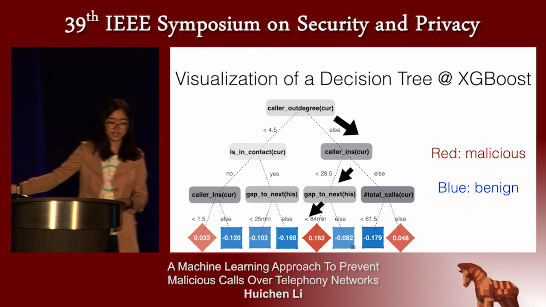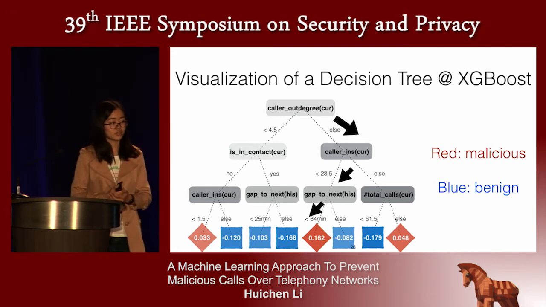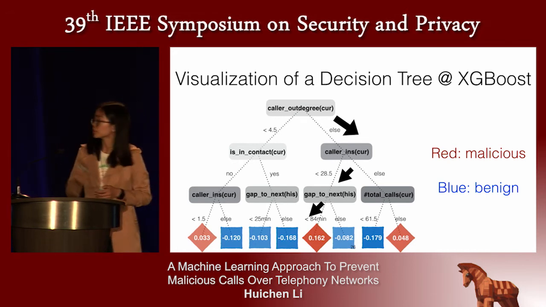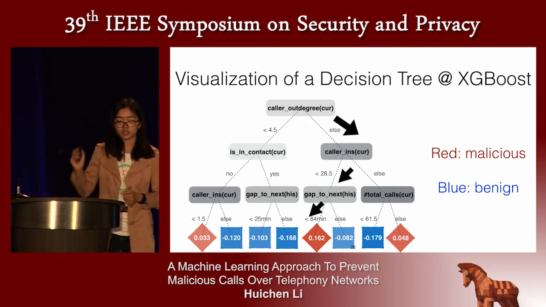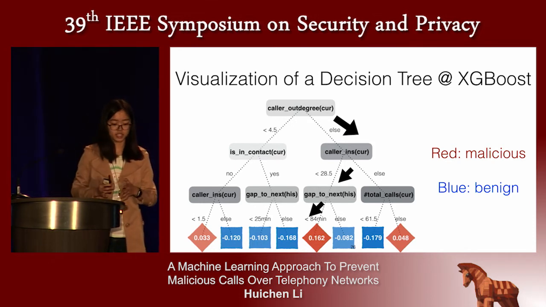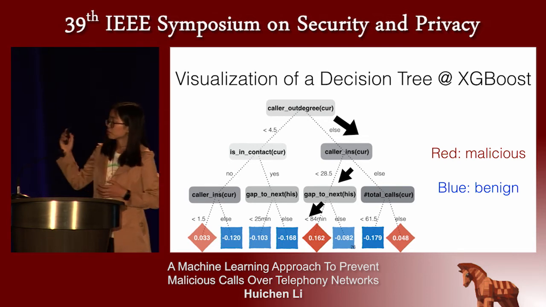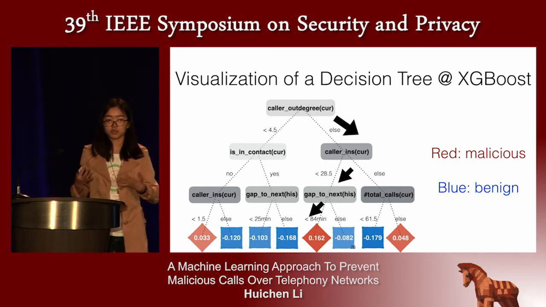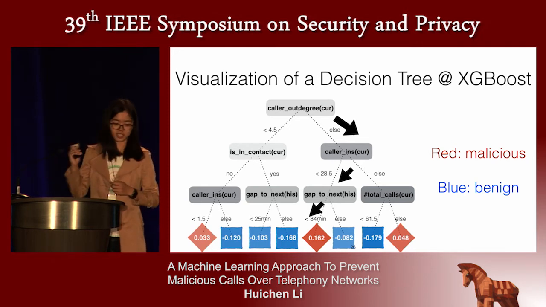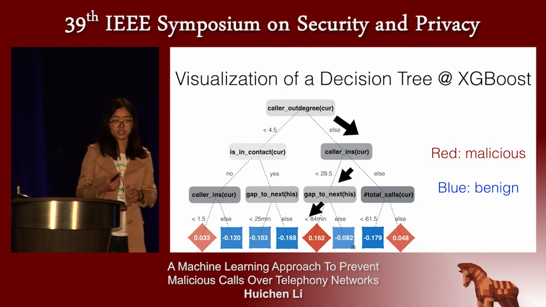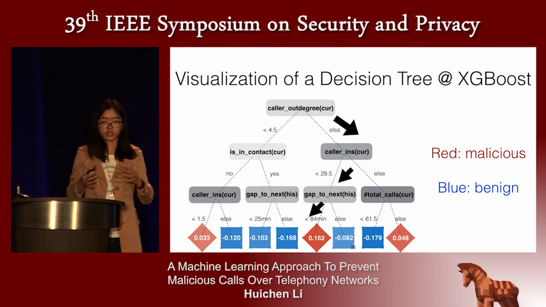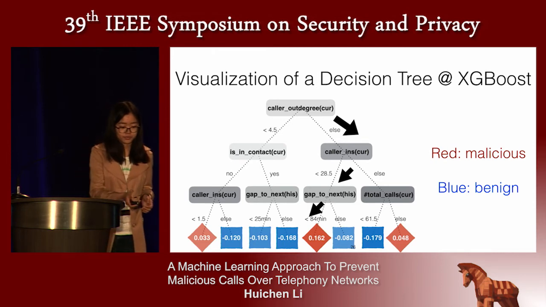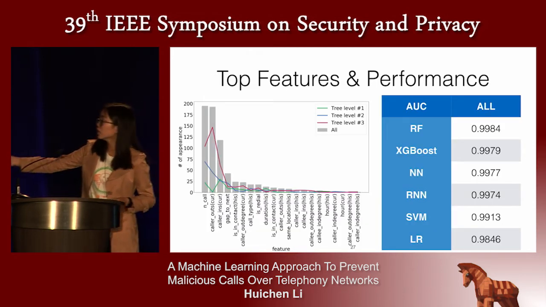This is a visualization of a decision tree trained with XGBoost package. The red nodes denote that the prediction is malicious, and the blue is benign. You can see from this graph how this tree model makes predictions, and it provides explainability. Also, using these trees, we can count how many times one feature is used in the whole model. And they are shown here.